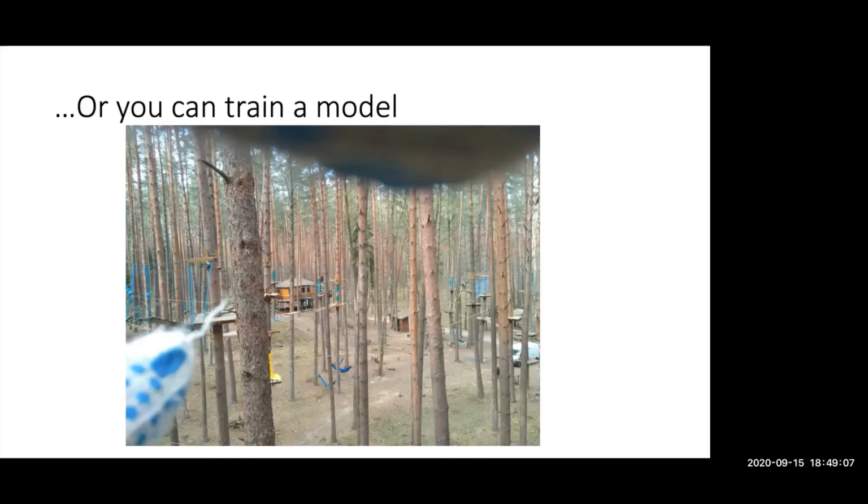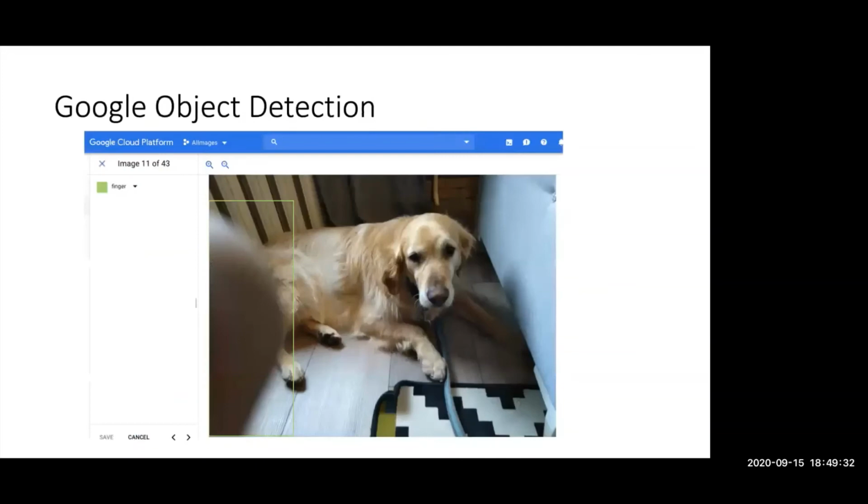So you can also train a model. These were all with pre-trained models, right, to find things in images. And while I was writing this talk, I was doing a rope climbing course. I pulled my phone out as I'm way up in the trees, and I put my finger over the lens. And I was like, well, that'd be kind of cool if I trained a model to automatically crop this out. Like if it detected it, just remove that from the image. And so Google has an object detection. Well, everybody does. Azure has one, and